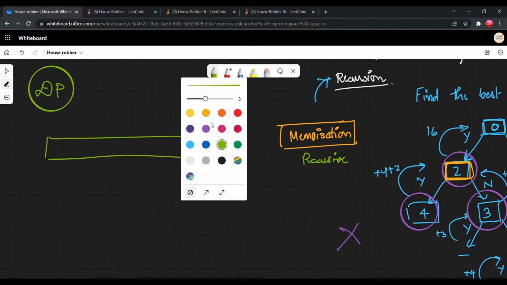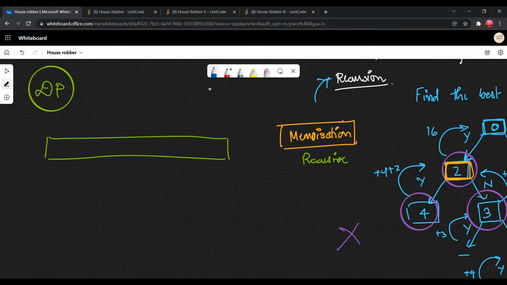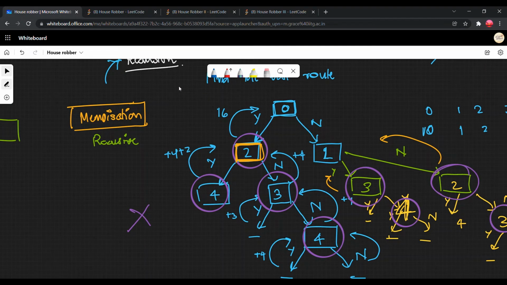Then we need to know how many unique function calls there are, and that's what we're going to use as the space complexity for dynamic programming. At least in the starting, we'll optimize it later. So what is the space complexity here? I mean, what am I saying? What is the number of unique calls? So if I have 5 houses,